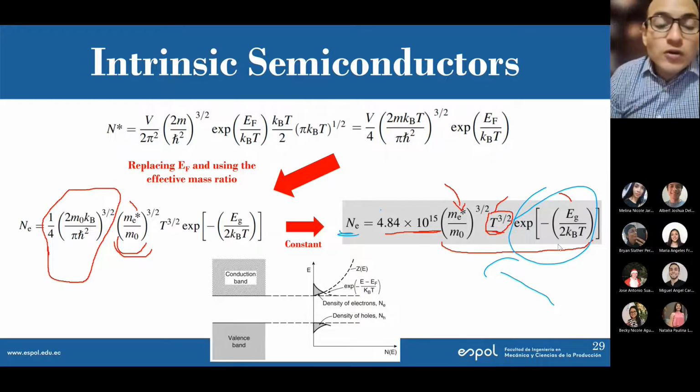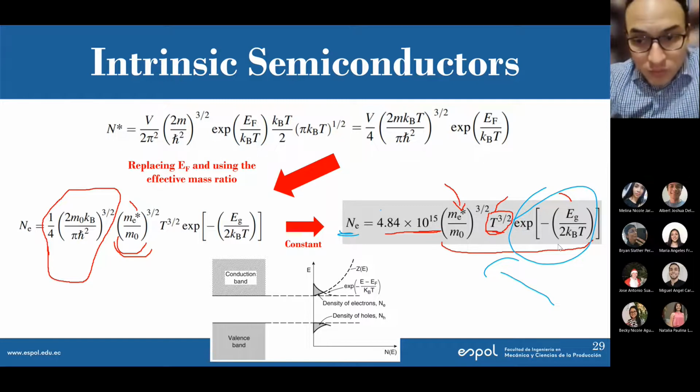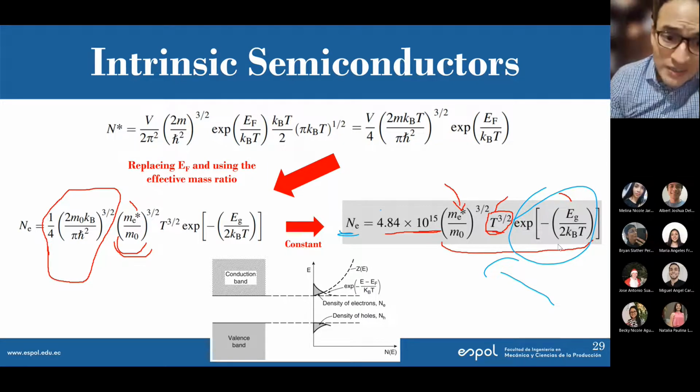Now, if you look at the graph at the bottom, you can see what is plotted there: the functions. You have the population density versus the energy, and then you have the Fermi distribution function. If you see the gray area that you have there, that's actually the